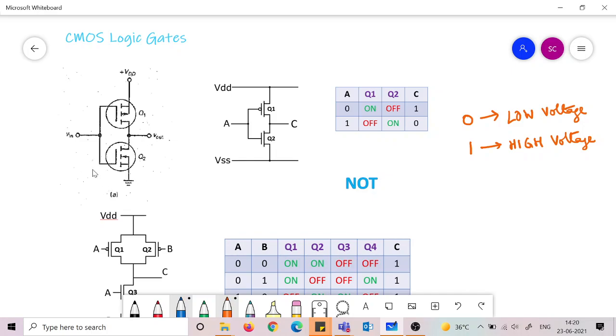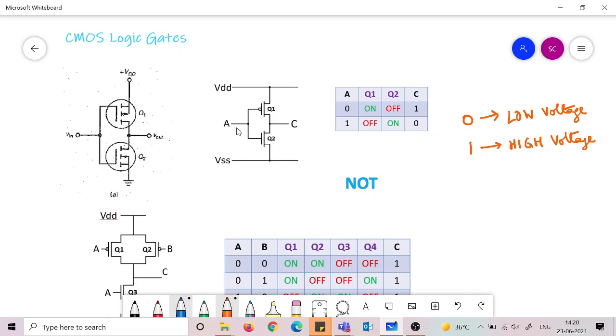Okay. And you see in this figure, we have a shorthand representation of these complementary MOSFET circuits. So this entire symbol could be changed like this. It is simply a circuit. You see a drain, a source and a gate. Here also a drain, a source and a gate. But what distinguishes between the NPN and the PNP is this bubble. So you see a bubble at the gate of the Q1 transistor. So this means this is a PNP, and when you don't have a bubble, this means it is an NPN.